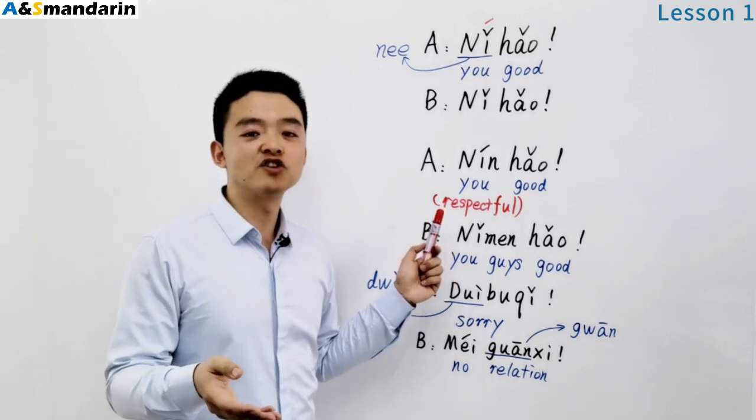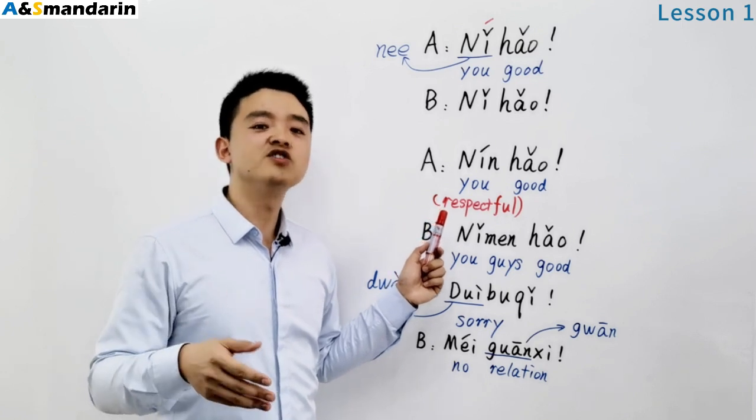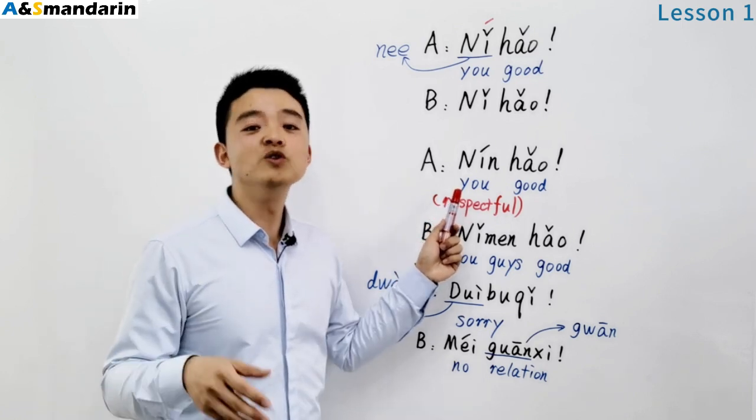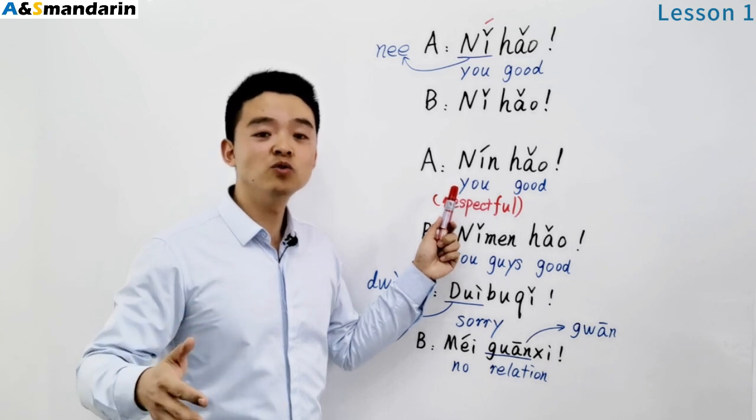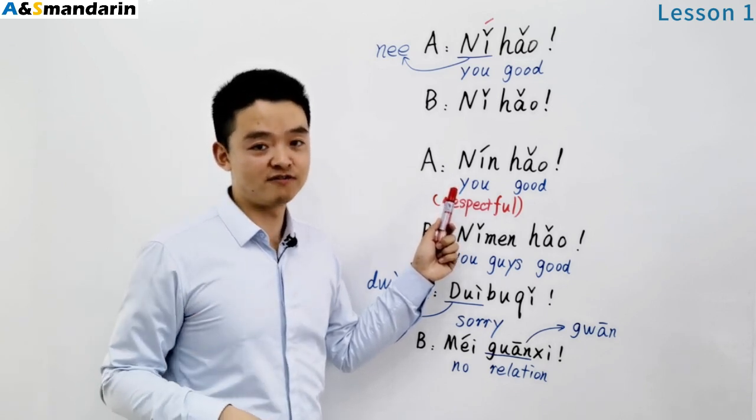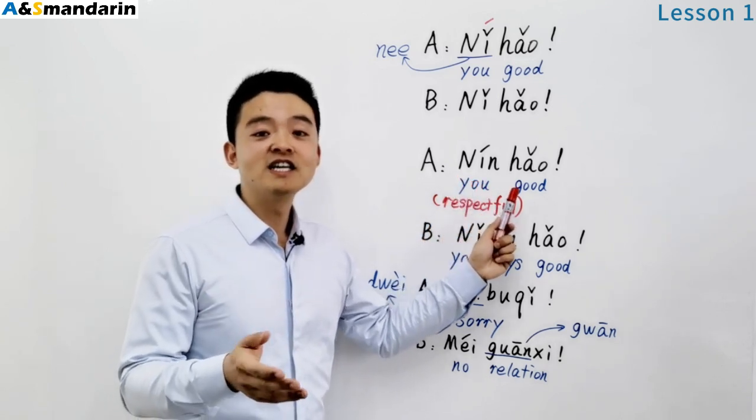You can see the picture in your textbook. They are talking to an old guy. In Chinese, we use this 您 for someone is old or of a higher position. 您好